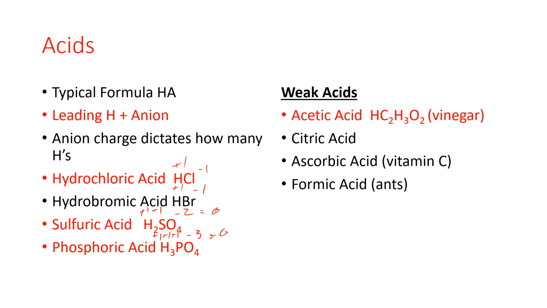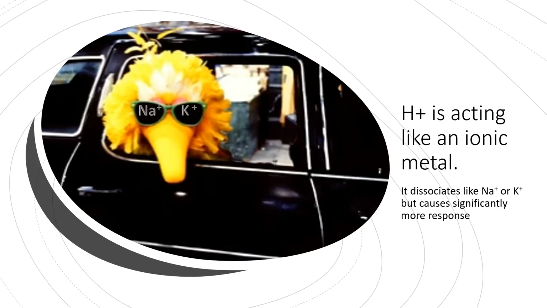So weak acids, you should know: acetic acid, citric acid, vitamin C, ascorbic acid, formic acid. These are all weak acids. Formic acid comes from ants. Vinegar is a weak acid, right? You can drink that. It doesn't drive you nuts. Citric acid doesn't drive you nuts. So we were talking about how that's what's in flavor enhancers. So those are things that are weak enough that you can run through them in your body